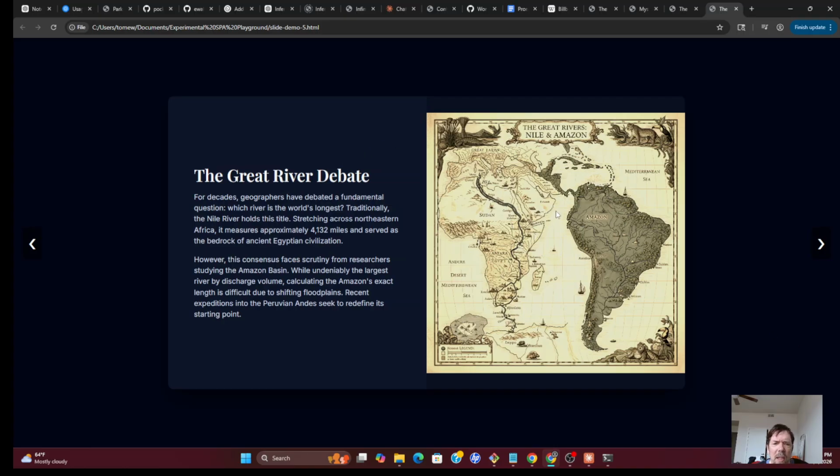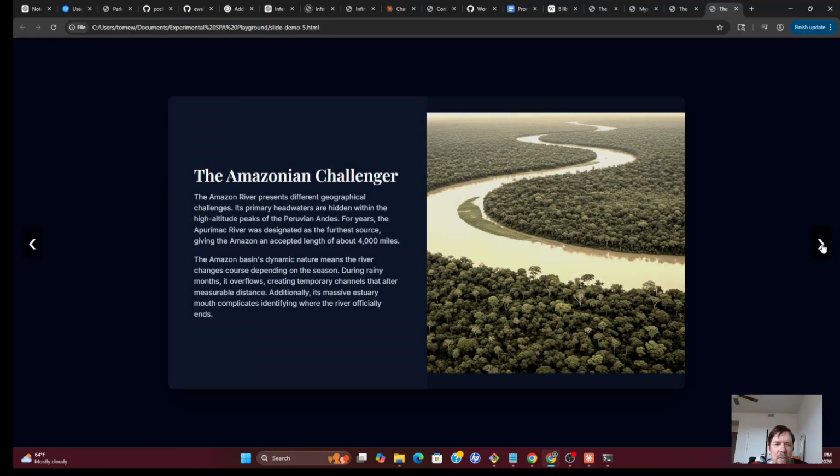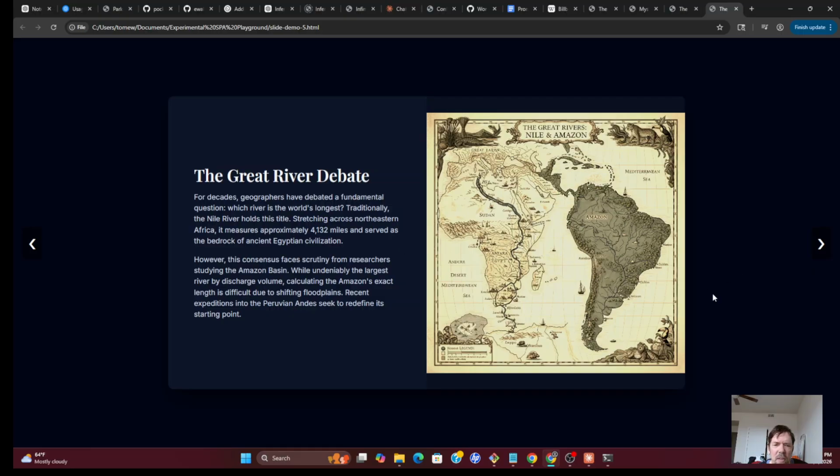I don't know how this will come across on a video, but looking at this on my computer screen, this is very attractive. Well, the images have been attractive all along, but the way the text looks is very nice. So the approach that I'm using is I'm working with Gemini,